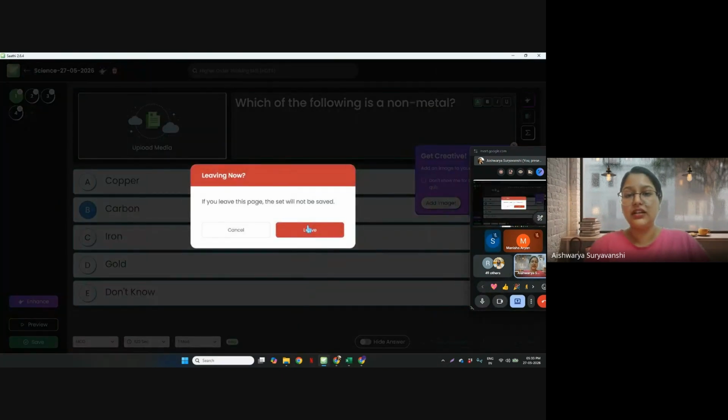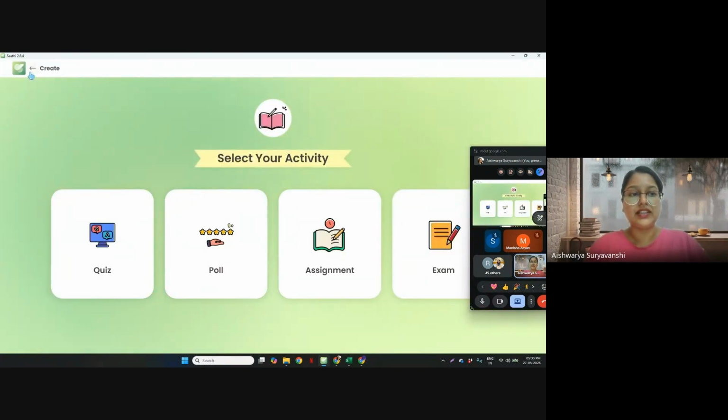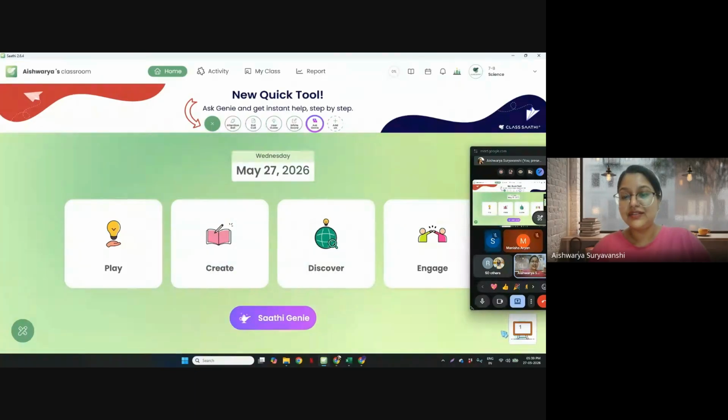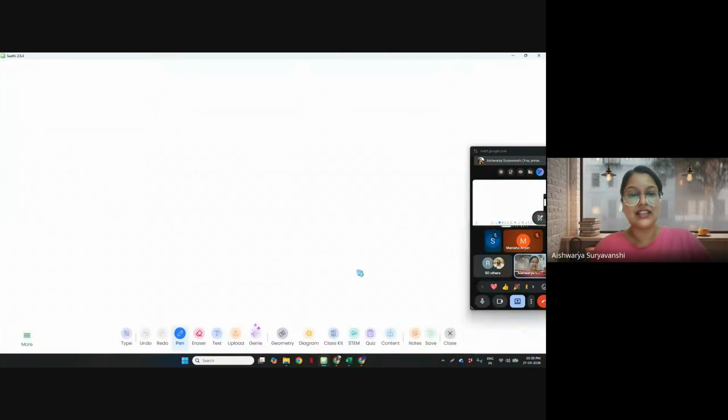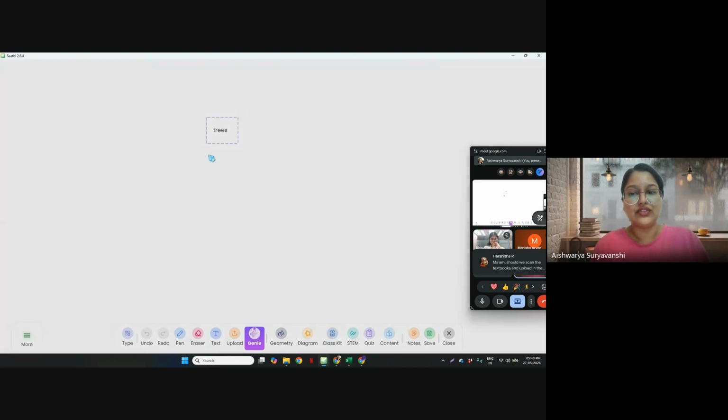So that's the video option that we were discussing. Now, the lecture I was explaining was this whiteboard option. The whiteboard is predominantly focused on mathematics, although you can use it in all subjects, there's no problem there. You can also type any text and translate it. Let's say I type trees here, right? And if I select the Genie option, Genie is going to help me translate it to another language.